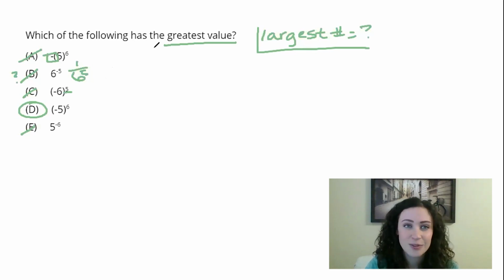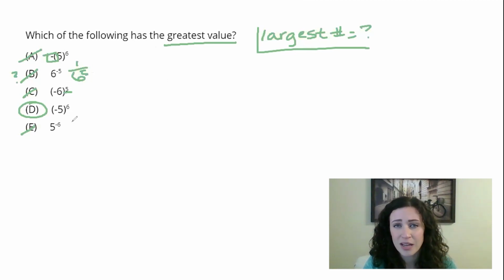We did that successfully here, and we did it using a strategy called estimation. So rather than actually calculating all of these numbers, we just estimated what do we think that they are going to turn into. Ultimately, this was a very successful strategy here. We also went through and eliminated. So rather than seeking specifically the right answer, you eliminated all of the answers that you thought were incorrect.